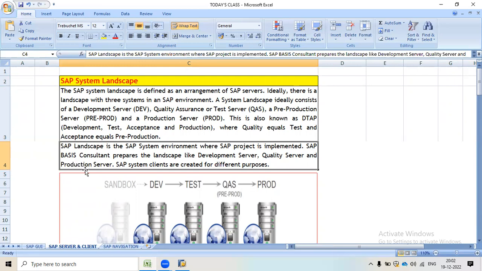SAP Basis consultants prepare the landscape like development server, quality server, and production server. SAP system clients are created for different purposes.